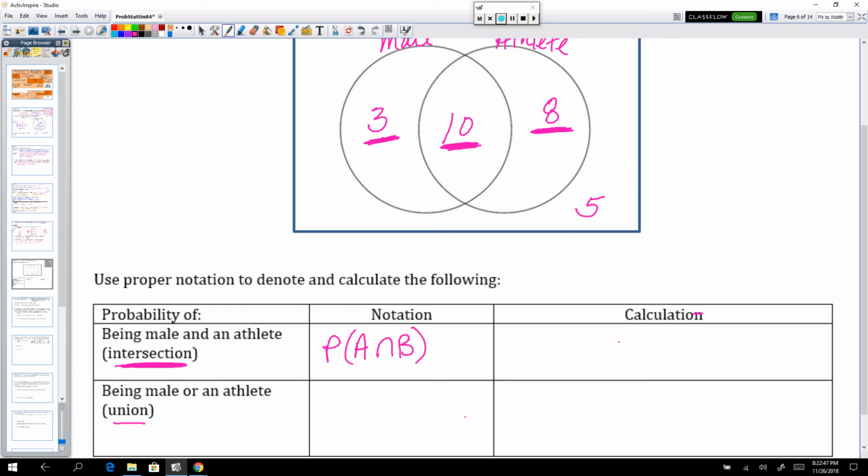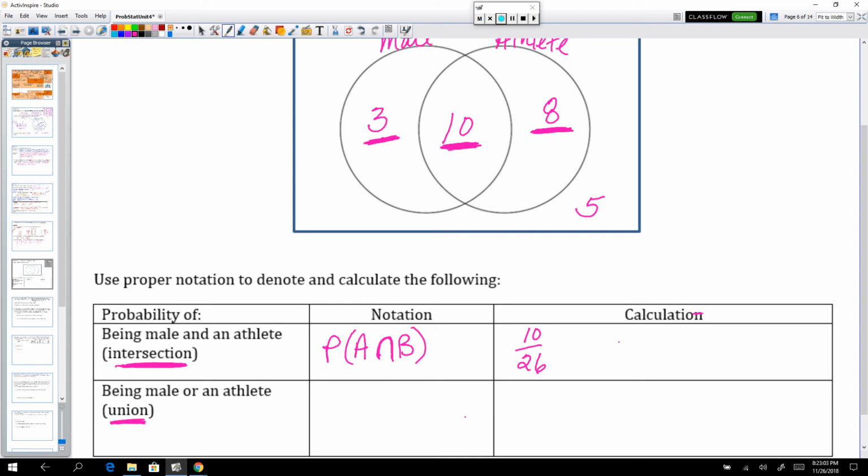That's how I write that. It's an upside down U. Intersection is written like that. And we saw from above that to calculate that, it's 10 over 26. Okay. Now, being a male or an athlete is called a